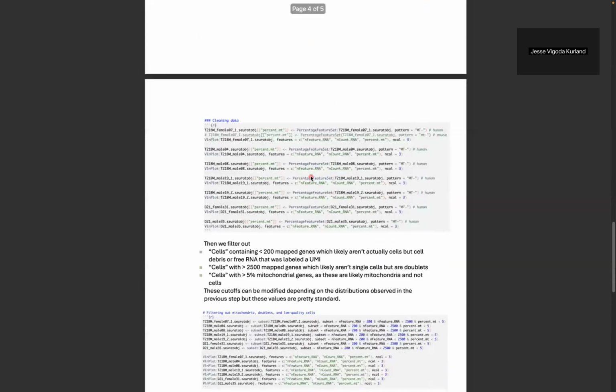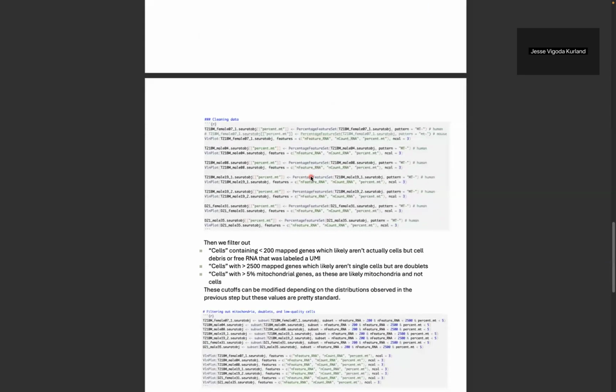Okay, and now once we've added metadata, the common next step is to do quality control. The most common form of contamination in single cell RNA sequencing is doublets. That's when two individual cells end up in the same liquid droplet using the 10x Genomics machine microfluidics device. If two cells end up in the same droplet, they'll be labeled with the same UMI, and so they'll look like a single cell, even though they're multiple cells. And so one really quick and easy way of dealing with this,